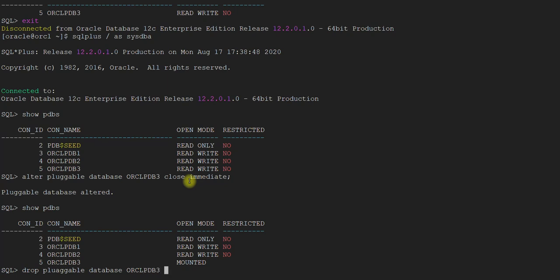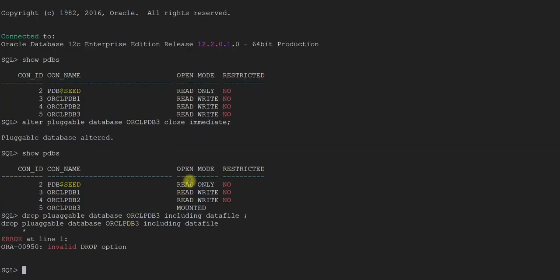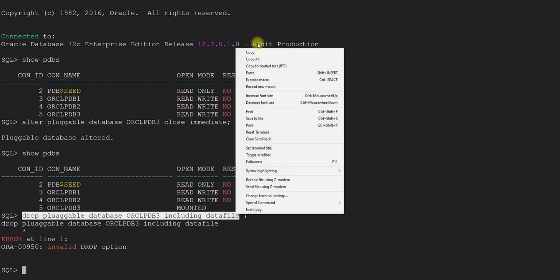When you just run this, what will happen? It will not delete the data files associated with it. But when you run drop pluggable database including datafiles, then it will delete the data files as well. Okay, I said datafile.